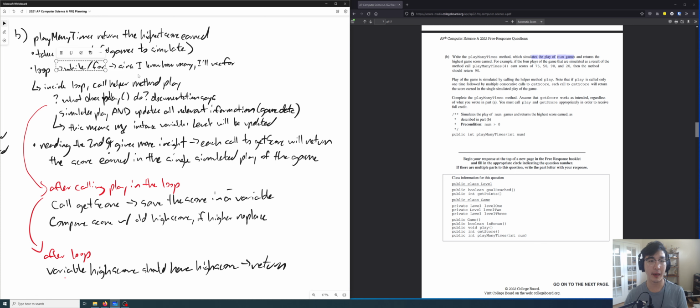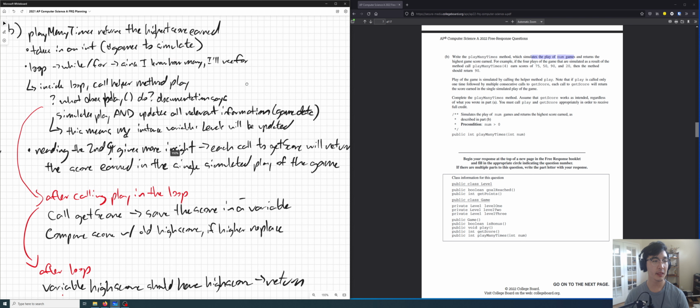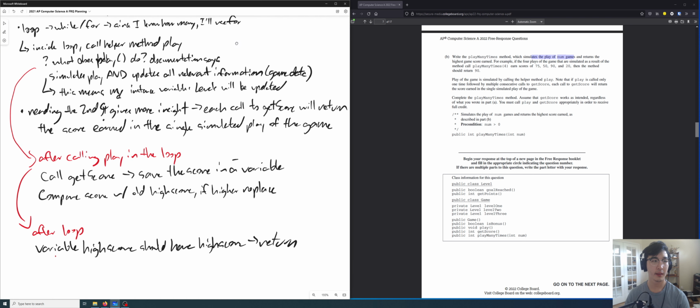While or for doesn't really matter, but typically if I know how many times I want it to run, I want to use a for loop. It just makes more logical sense to me. So inside this for loop, I'm going to call this helper method play.